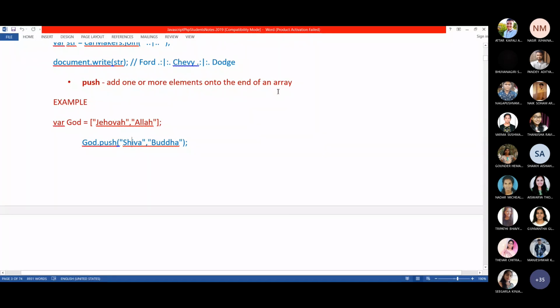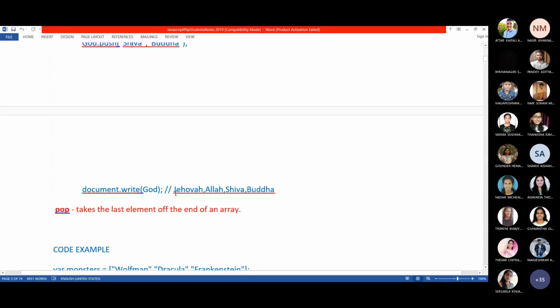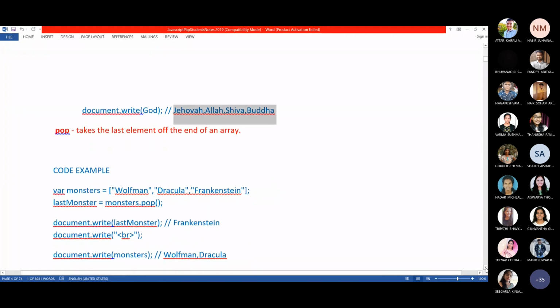So this will be your output. Then you print God. God is a method? Sorry, God is an object. Which object is it? Array object. I hope you understand and you all are following.